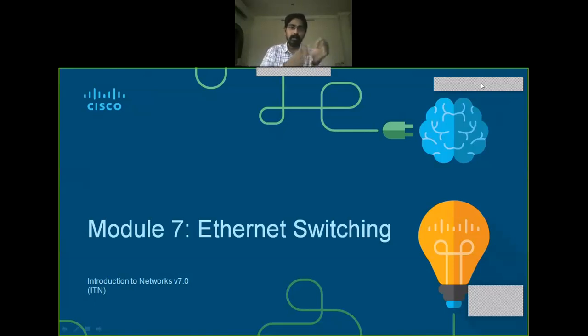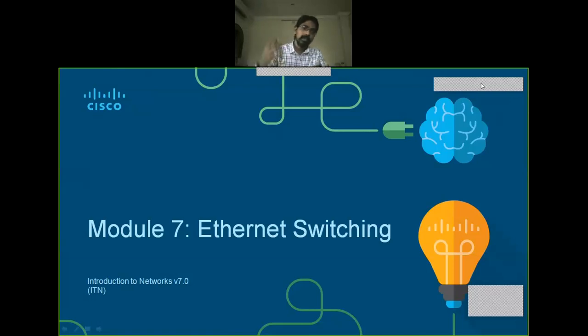Now our frame is ready, and how do we perform switching? The next level is switching. Switching means the end device is connected to the networking device, either a router or a switch or a wireless access point with some Ethernet connectivity options.